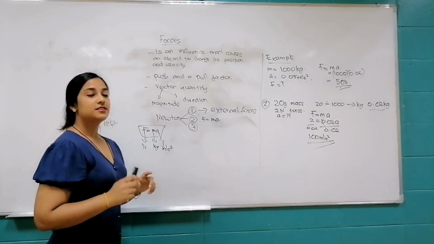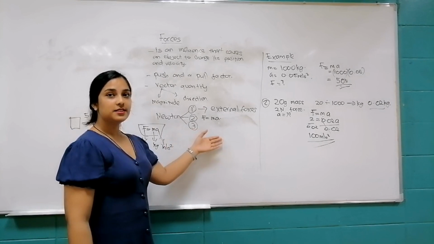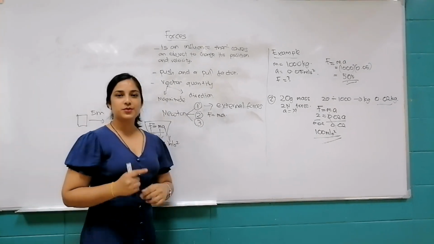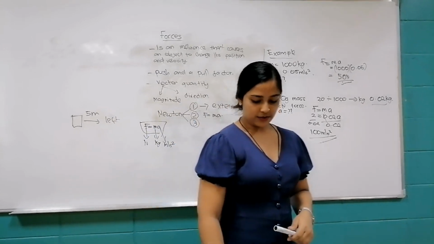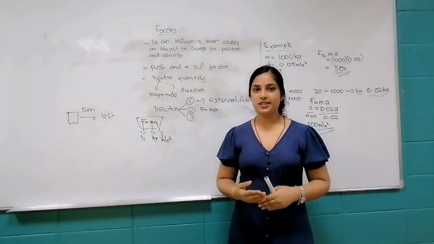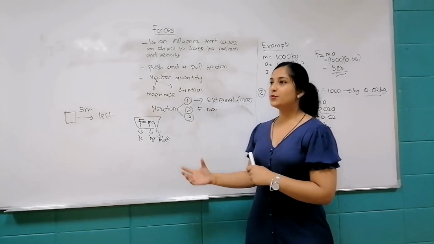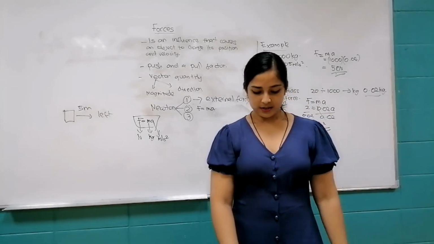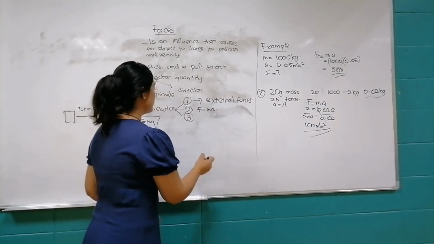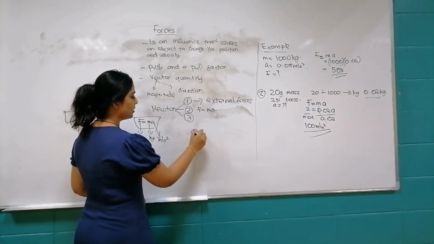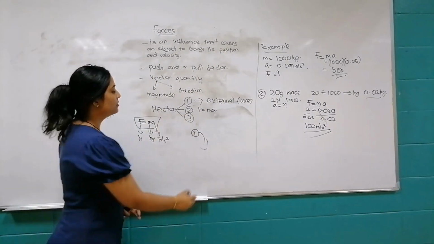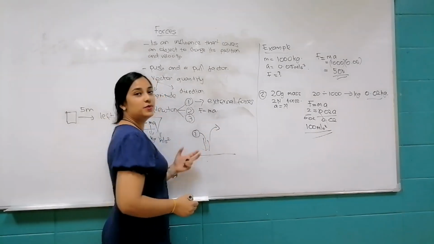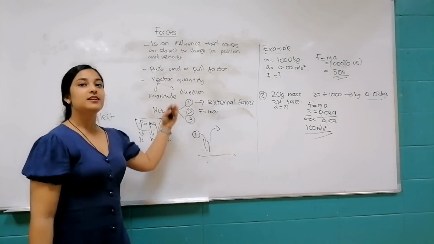Next is Newton's third law of motion. Newton's third law of motion states that for every action there is an equal and opposite reaction. For example, if two forces are interacting, the forces will be equal in magnitude and opposite in direction. For example, if you are bouncing a ball,